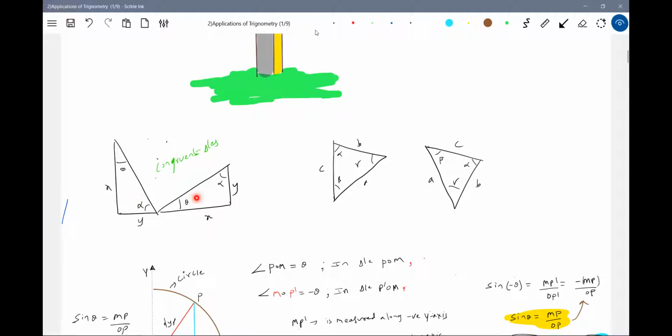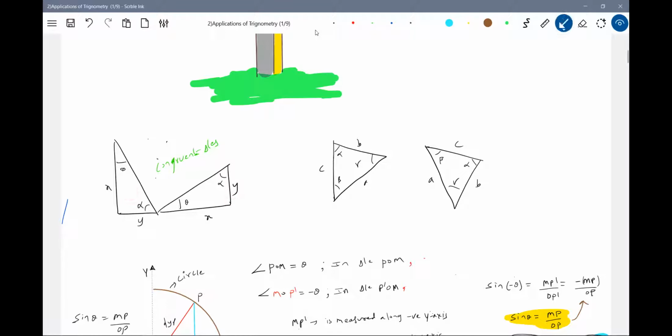You see that its orientation is changed here. I'm not saying the side length has changed. What is the hypotenuse? The same hypotenuse. What was the base? This becomes the height. Its orientation got changed. These two triangles are said to be congruent triangles. So the one which was the base will now become the height.